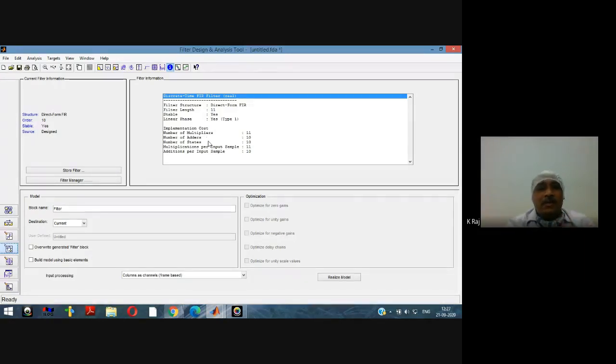What are the elements that are used to design the model of the filter? Response, please. No response.